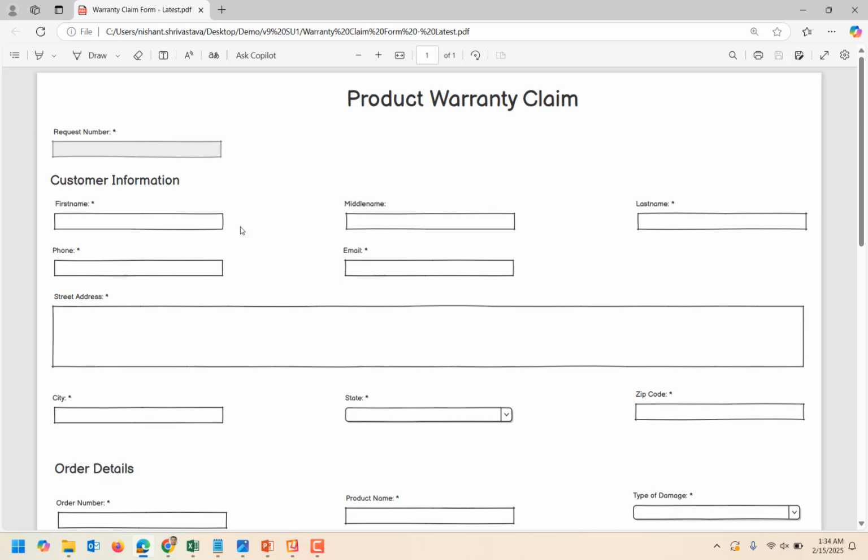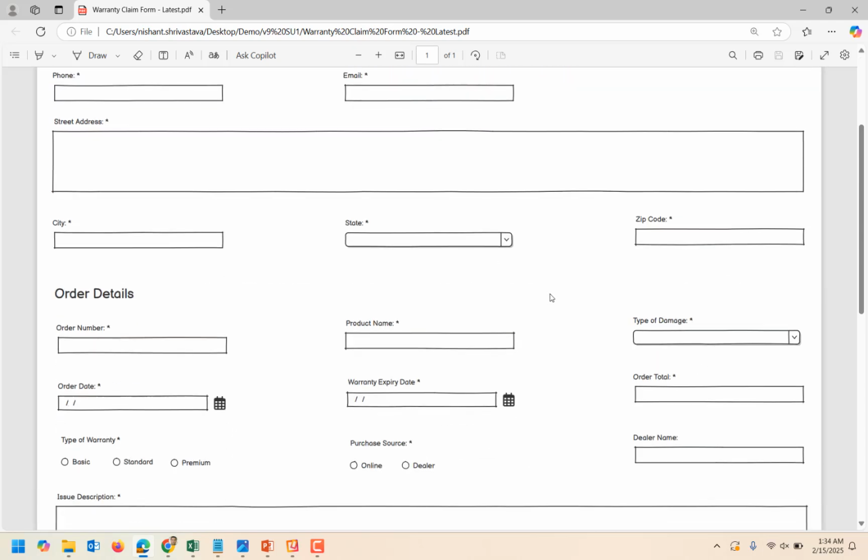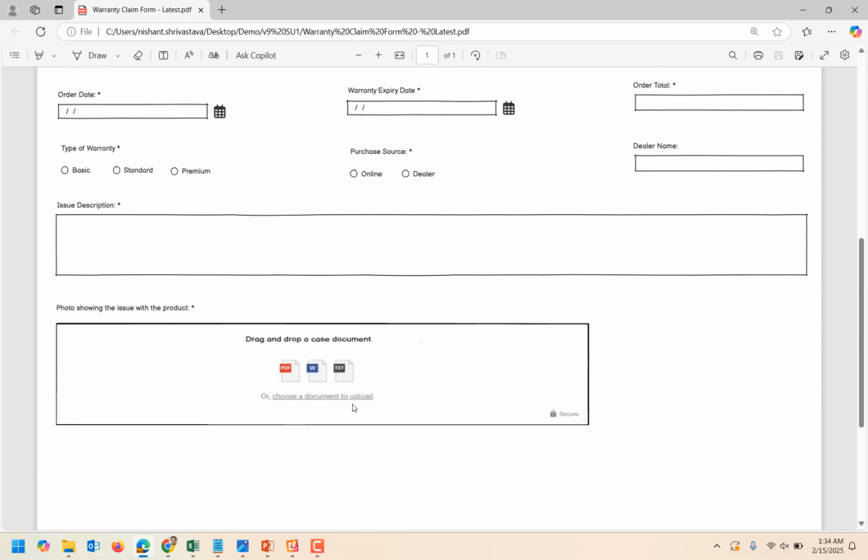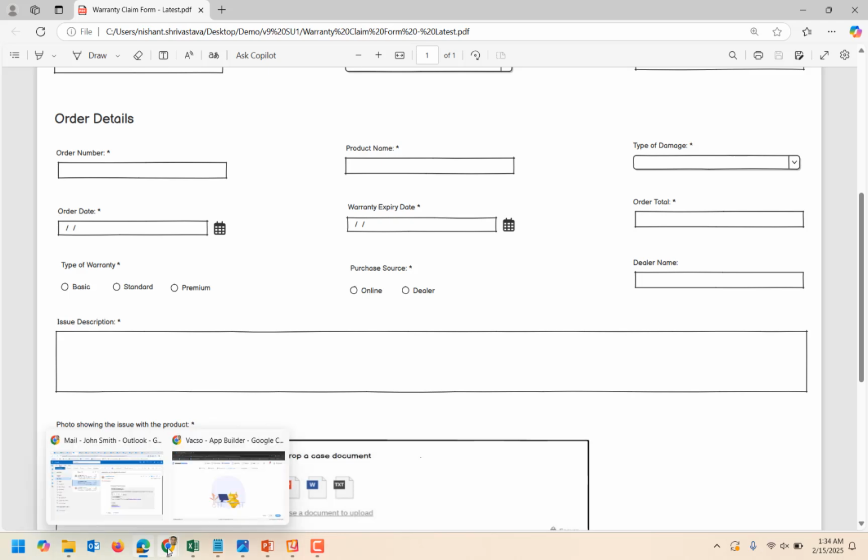You can see my form has a specific layout. This row has 3 controls. This row has only 2 controls. The last column is empty. And then the third row has a text area which spans across all 3 columns. And there are various control types which are used. Some of them are dates, some of them are radio buttons with some possible values. And there is a file upload control in here as well. So if I go back,